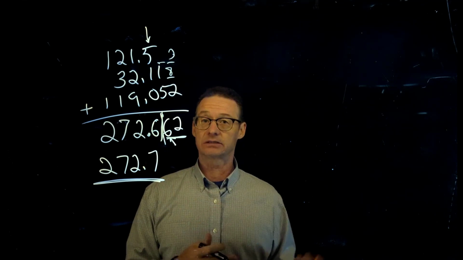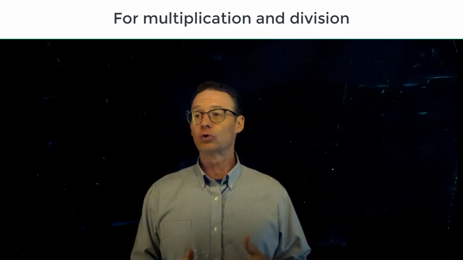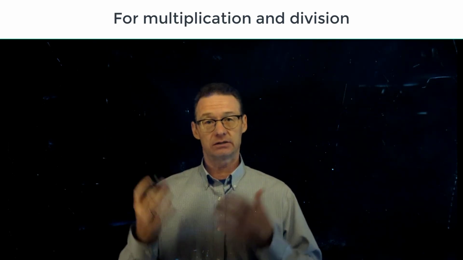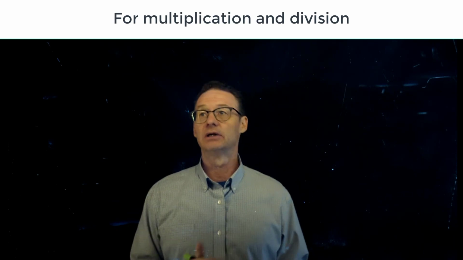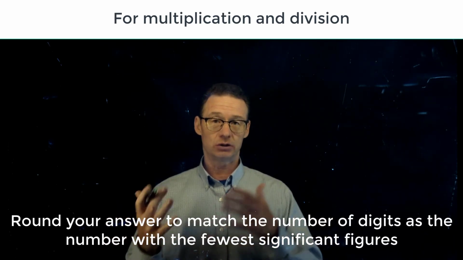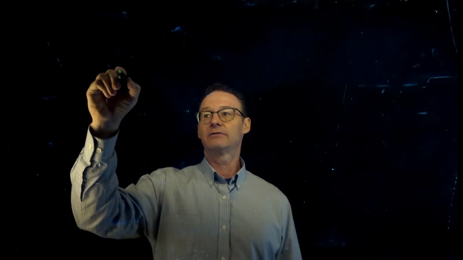Multiplying and dividing has a slightly different rule. When you're multiplying and dividing, the rule doesn't care about the decimal places, right? In adding and subtracting, it's the last place that you're sure of. But when you're multiplying and dividing, it's just how many significant digits does each number that you're multiplying or dividing have. So what does that mean? Well, if I take, for example,